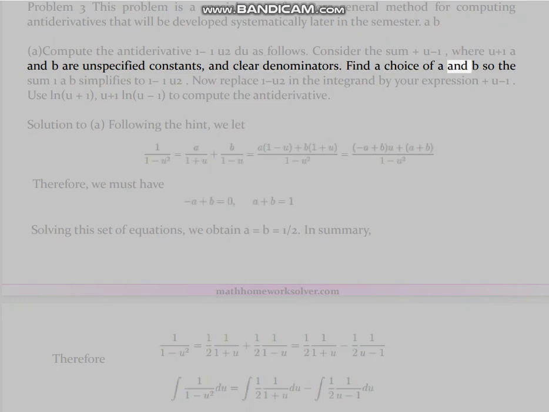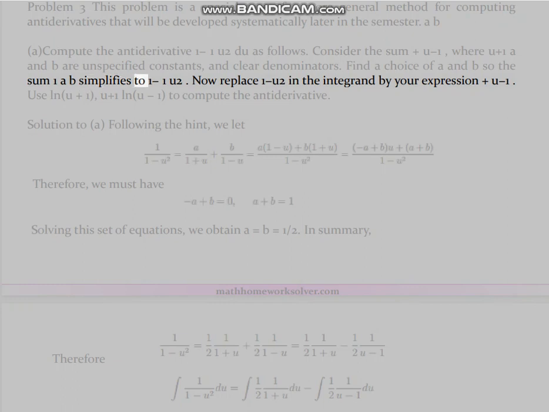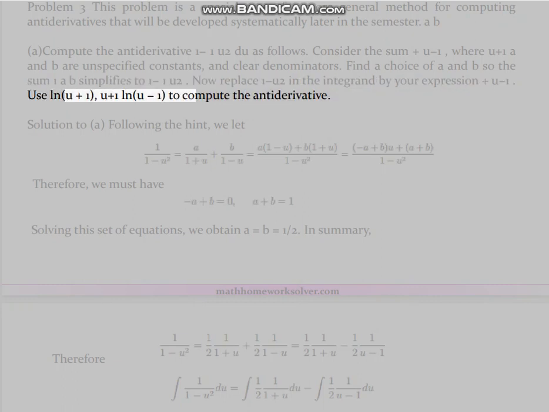Find a choice of A and B so the sum simplifies to 1 over 1 minus u squared. Now replace 1 over 1 minus u squared in the integrand by your expression. Use ln of absolute value u plus 1 and ln of absolute value u minus 1 to compute the antiderivative. Solution to A. Following the hint, we let, therefore, we must have, solving this set of equations, we obtain A equals B equals 1/2. In summary,